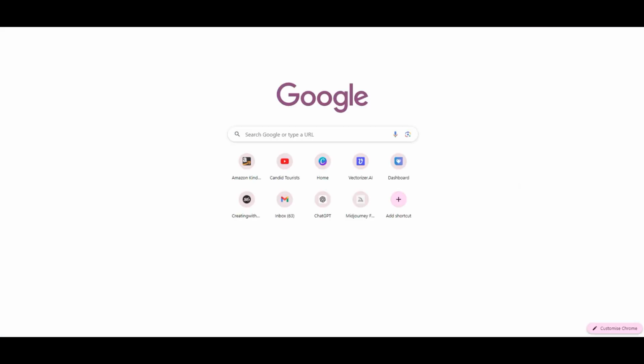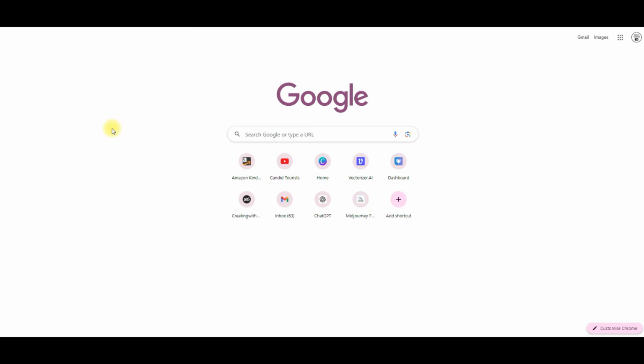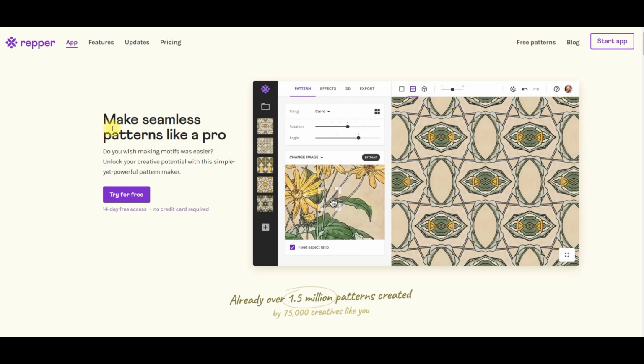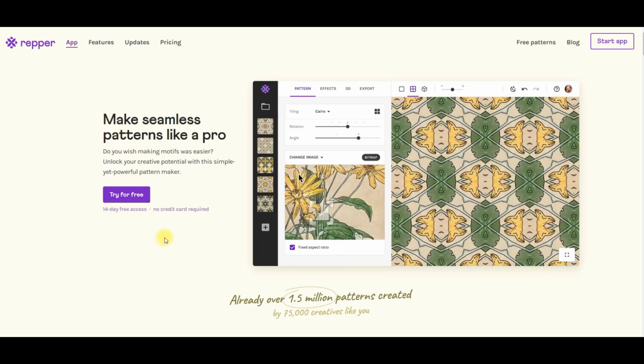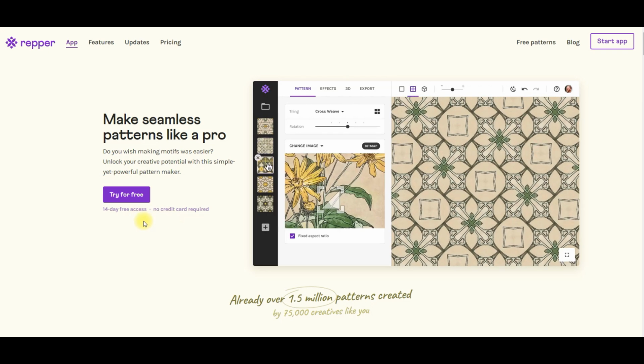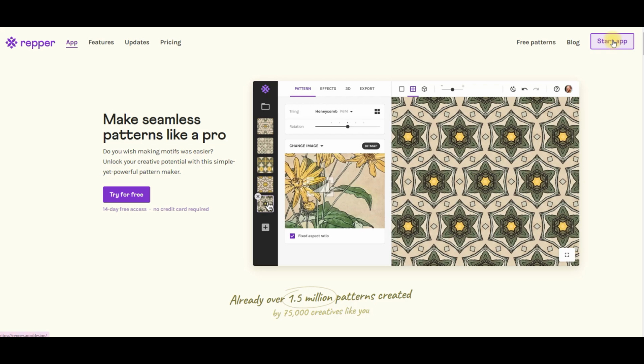I'm going to come into a piece of software, and it's called Repper, and this is a pattern maker software. It's all mathematical, it's not AI. It is a paid app, but you can try it out free for 14 days, and I highly recommend that you at least try it for 14 days. So you'll have a little bit of fun with that. So I'm just going to start the app,